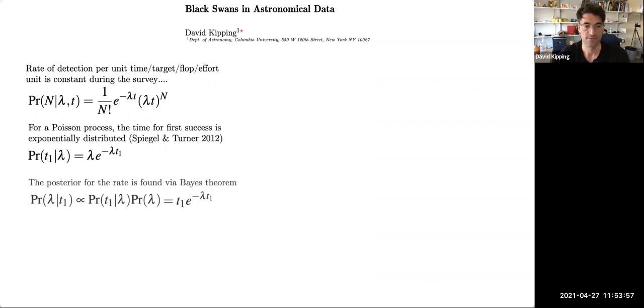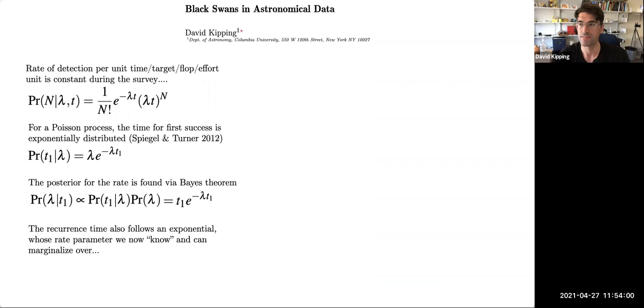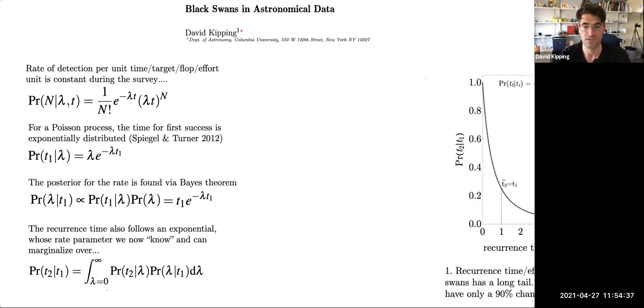We're going to basically very quickly follow what we did before. I'll come to the question right at the end because I'm almost finished. I'm just going to ask 2 questions here. One, can I infer the posterior distribution of lambda? So lambda here is the rate of whatever event it is, the rate of Oumuamuas that you detect in your survey, the rate of Boyajian stars that you detect in your survey, whatever it is. And T2 is the time when I get a recurrence. What is the probability distribution of the recurrence time given the first time, T1? So we can actually make mathematical progress on both of these.